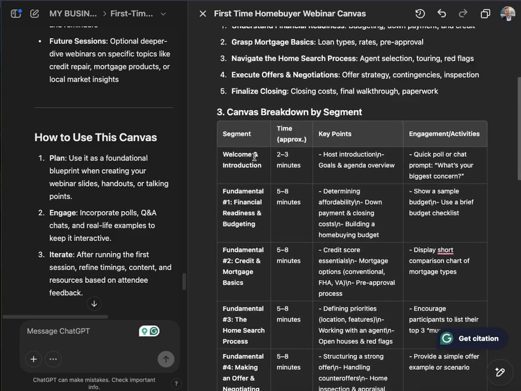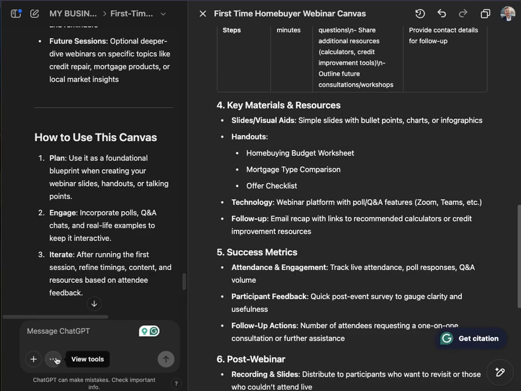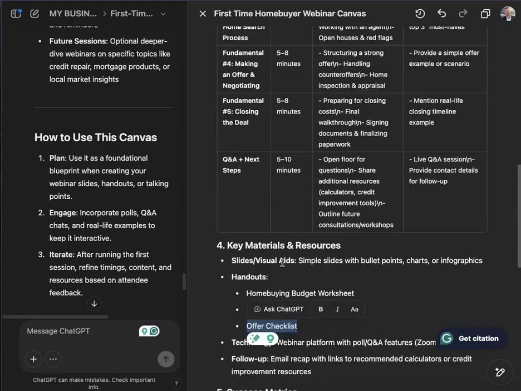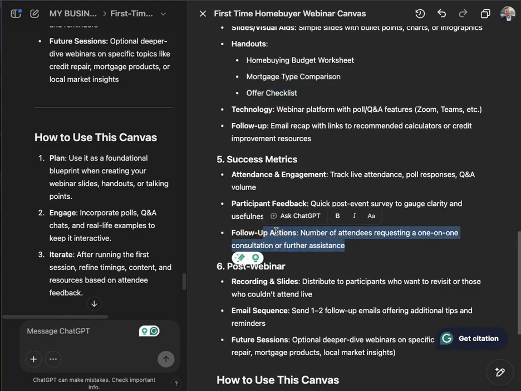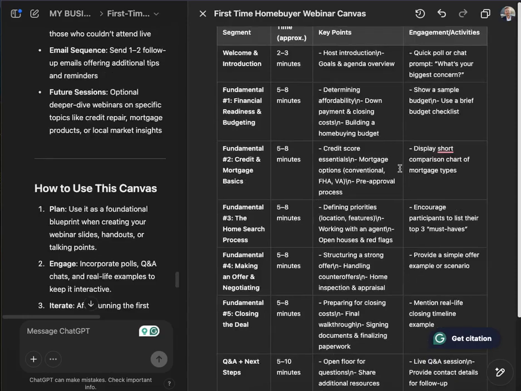Down here there's a breakdown on how it does this, but if you're editing in canvas mode, I'm a big fan of this, where you can just jump directly in. You can edit and modify directly in here versus just continuing on and chatting. Ultimately, you can do big changes over here in the chat section, and you can jump in and do minute changes specifically in this. So if there's 3 pillars that you're teaching on, you can come back in and change certain things, or say, hey, can you change pillar 1 to this type of a deal, and it will edit it right in that canvas. So now after we have that,